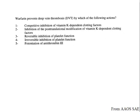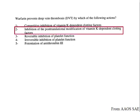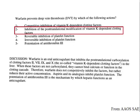This one's frequently missed. Inhibition of the post-translational modification of vitamin K-dependent clotting factors. You need calcium in order to clot. And what ends up happening, you alter the function of an amino acid to where it can bind calcium. The effect of vitamin K prevents that from happening, so you effectively inhibit the post-translational modification of vitamin K-dependent clotting factors. To highlight the answer given,